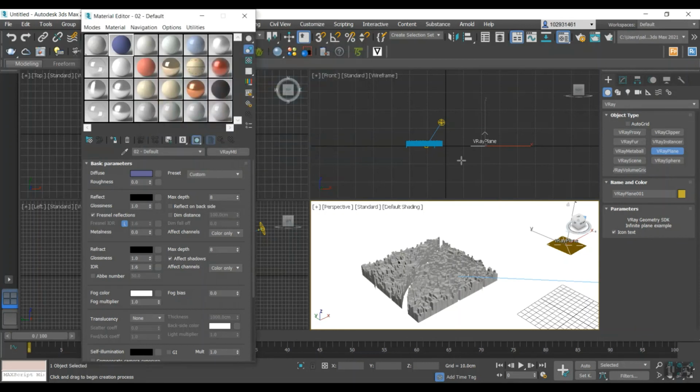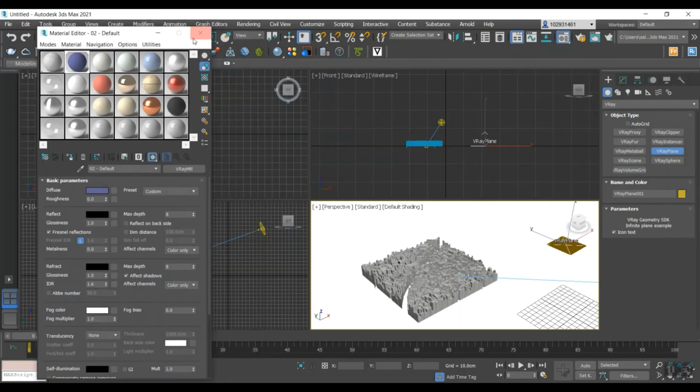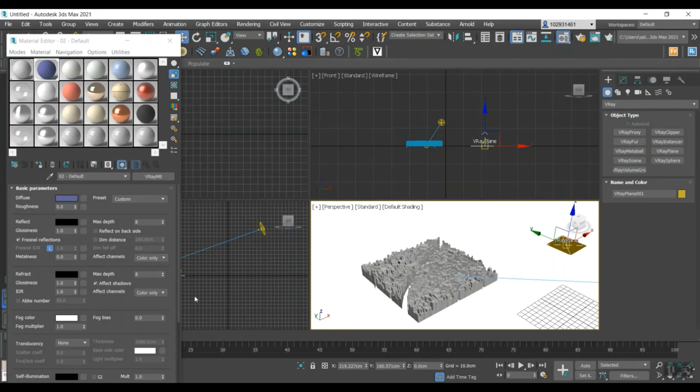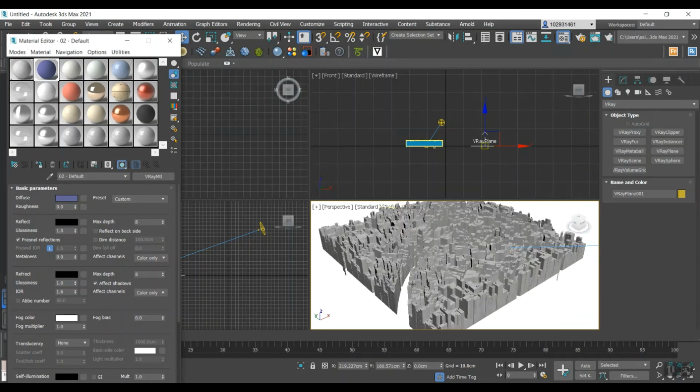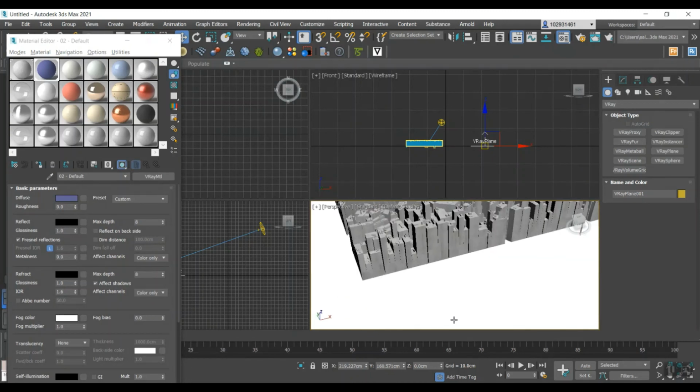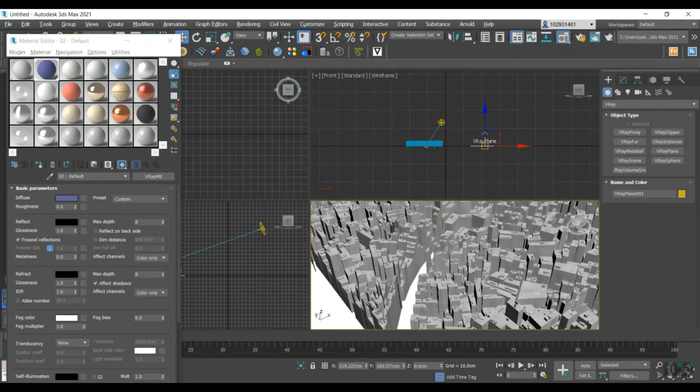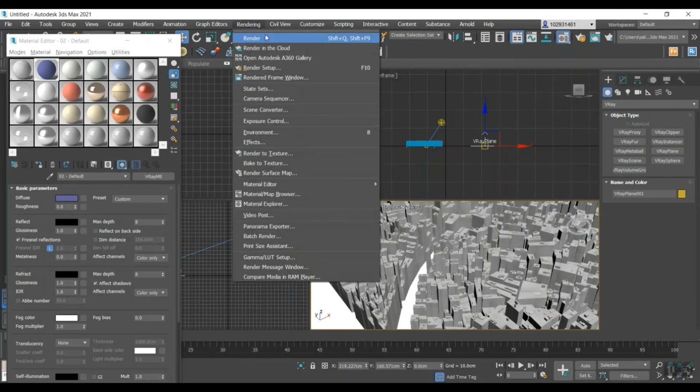Here, and I'm gonna add it to my V-Ray plane. Oops. Yep. So if I want to do some rendering just to see the result,